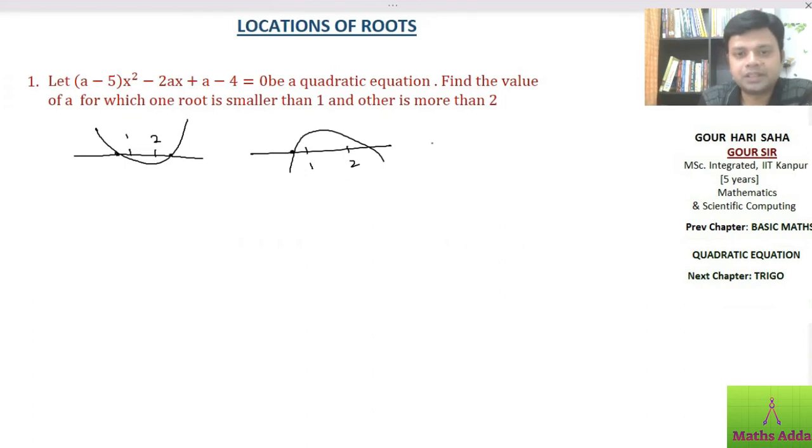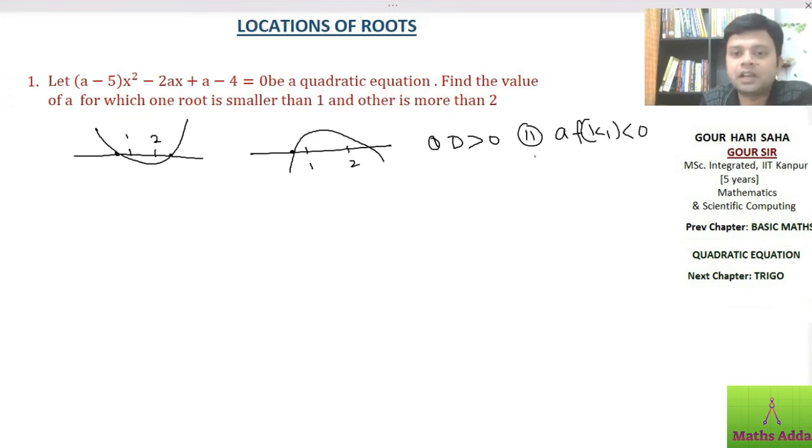Now what is the condition? First condition was on D, D is greater than 0. What is the second condition? Second condition on vertex, we cannot say anything about that. What is A into F K1? Check it, it is less than 0 for all of them. So even if you don't need to remember this, what you need to do, you need to plot the curve and need to know what are the factors.